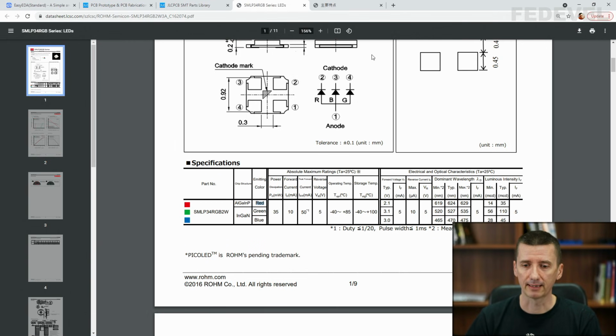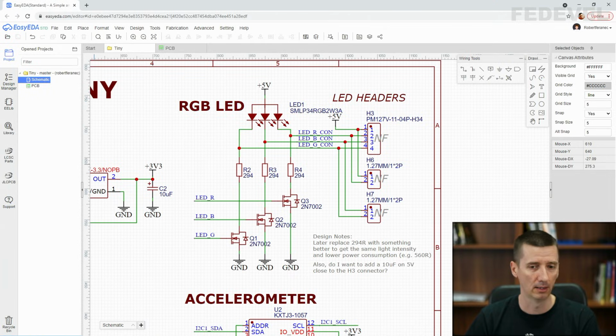In this RGB LED, it is also quite important to use this common anode, because when we have a look at the finished schematic, I'm going to open this finished schematic. Here you can see that we would like to control this ground connection to each individual LED. So this is how you normally control LEDs, by connecting ground to LED.